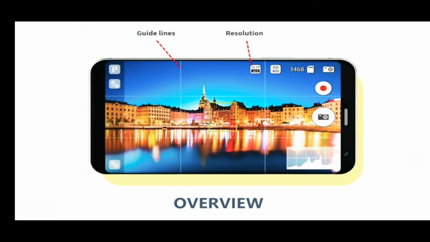Beside that, we have our resolution. We just spoke about it there. We can see in this case it's a 16 megapixel camera. Below that, we also have our aspect ratio. Again, we'll speak about that in lesson 3. That is the shape of the photograph. In this case, it's a widescreen shot.